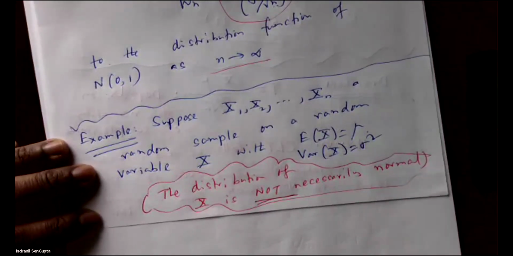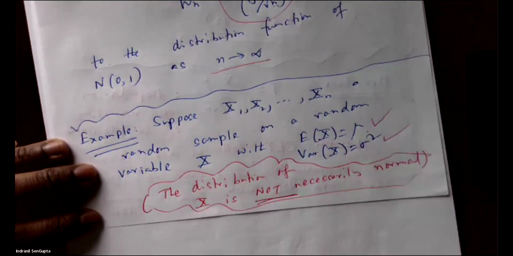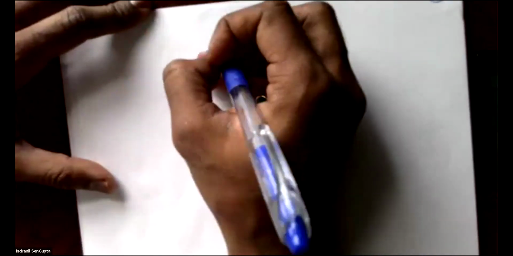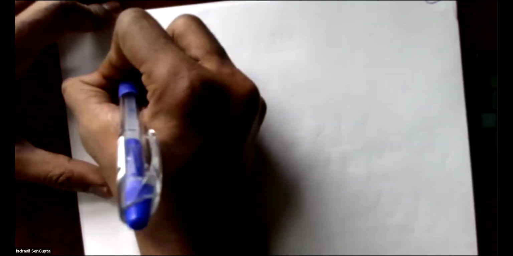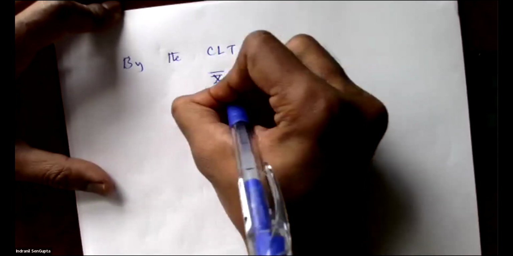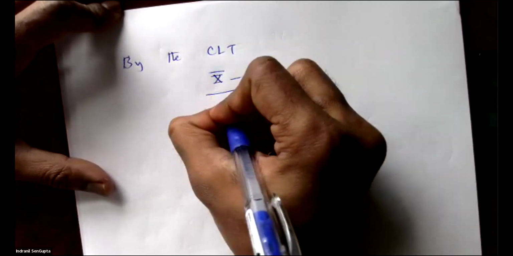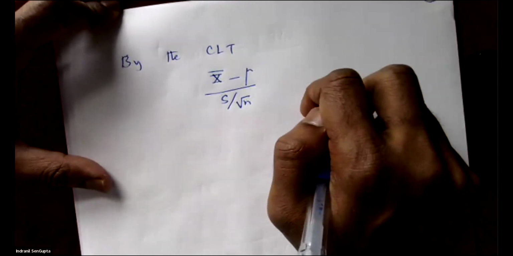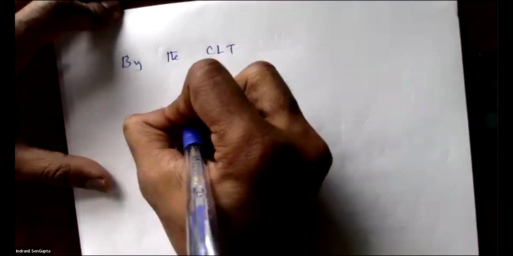So it's not necessarily a normal distribution, but it has expectation mu and variance sigma squared for x. Now, in this case, however, by the central limit theorem that I wrote, we can say that this x bar minus mu over s over square root of n. So if I define this quantity as, say, Z sub n,